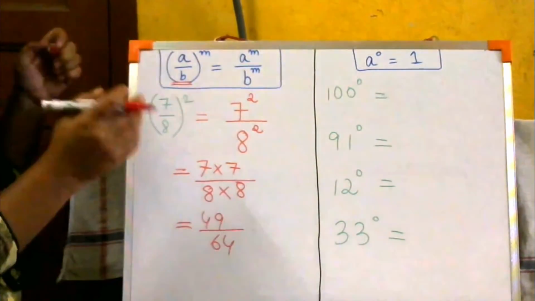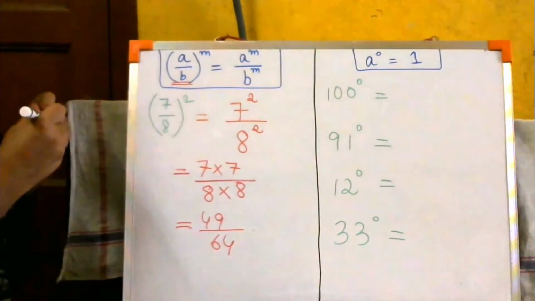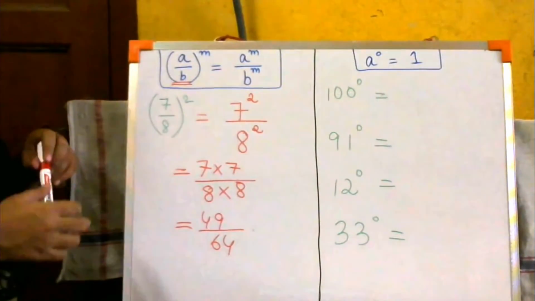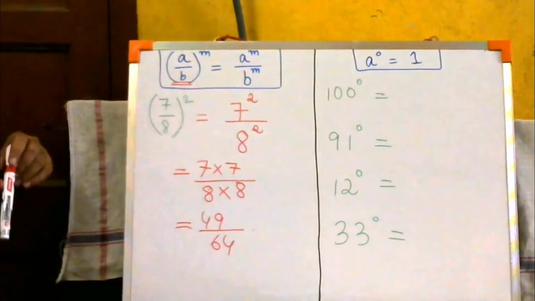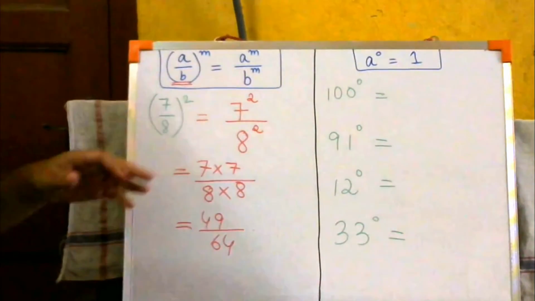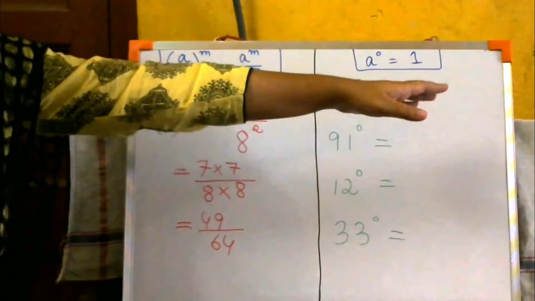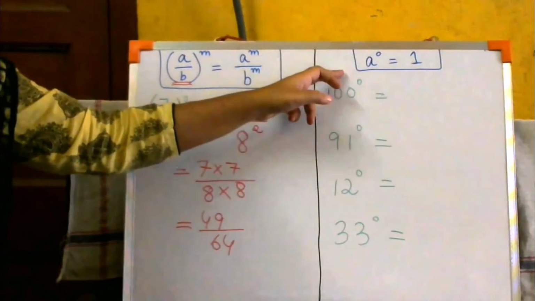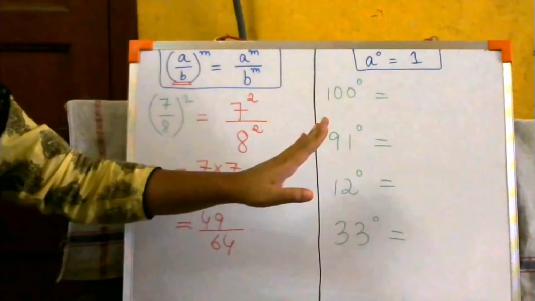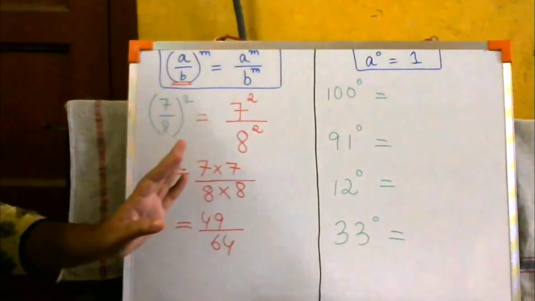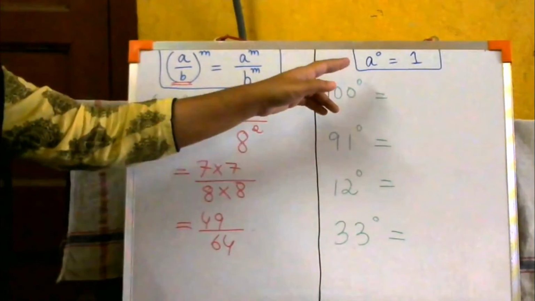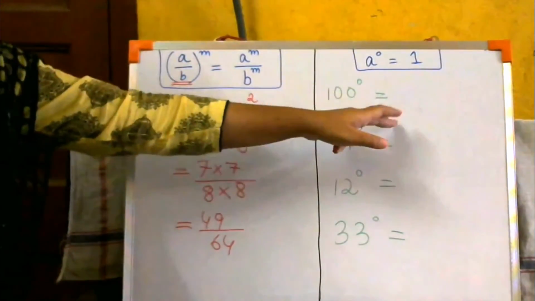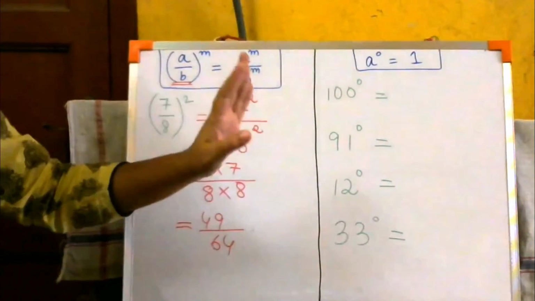Okay, and the very last law of exponents, it is a to the power 0 equals to 1. The most simplest kind of law which every student is going to remember, I know that. A to the power 0 is equals to 1. It means कोई भी नंबर के अगर ऊपर पावर में 0 है, that is equals to 1. और कुछ देखना नहीं है, सीधे 1 बिठा देना है. ठीक है, अगर किसी भी नंबर के ऊपर जो पावर है अगर वो 0 है, that is equal to 1, जितना भी बड़ा नंबर क्यों ना हो.